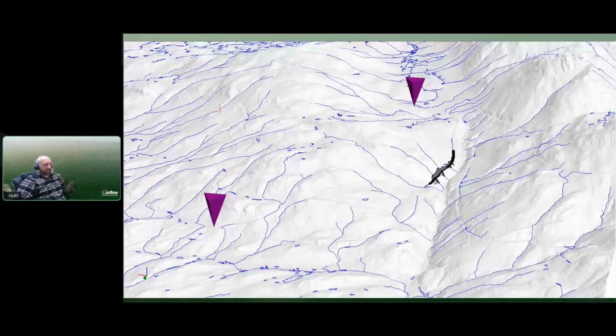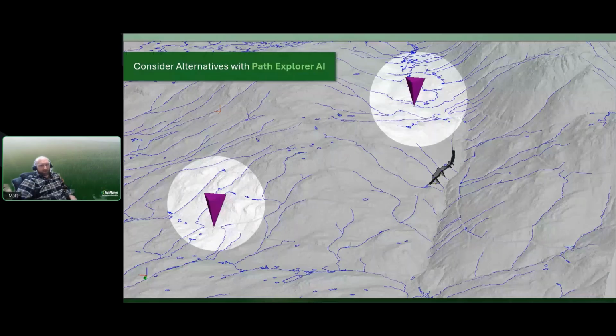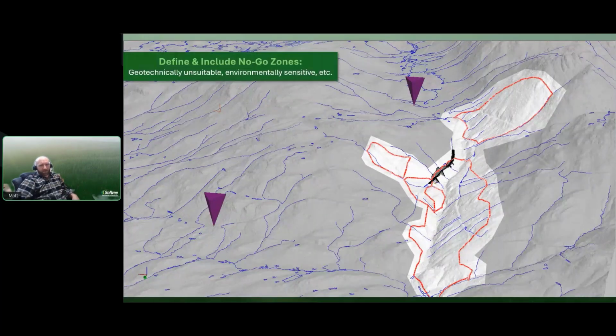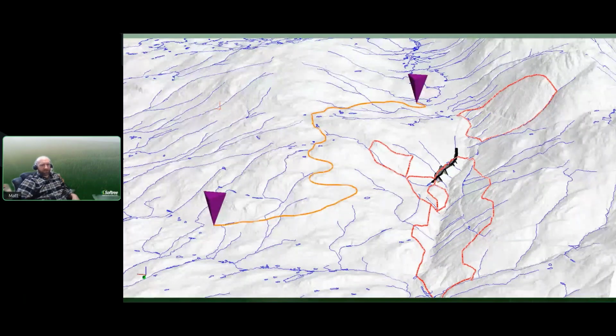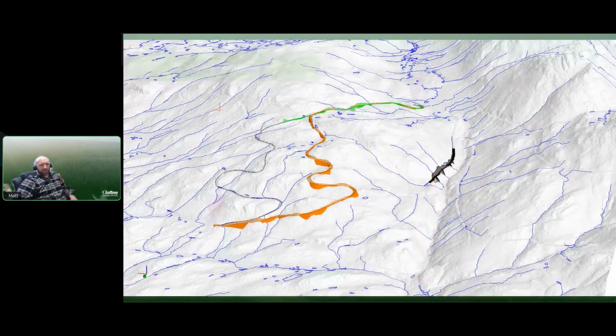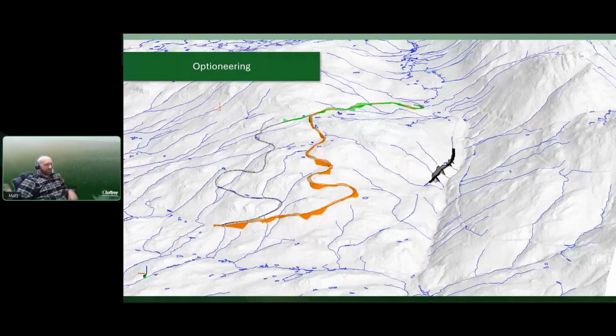And then the other one: does it make sense? Now, that whole valley is a pretty nasty valley. Maybe we can reroute to avoid it. So we can use Path Explorer. We can put in all the areas that we'd like to avoid for whatever reason. Here it's terrain and stability concerns. We can go from point A to point B, get our solution, and turn that into a proper design. And we don't have to just try it from one location. We can try it from wherever we like. So it's pretty powerful in the sense of weighing options and coming up with the best solution that meets our needs, not just blindly picking a strategy and running with it because it was our first guess.